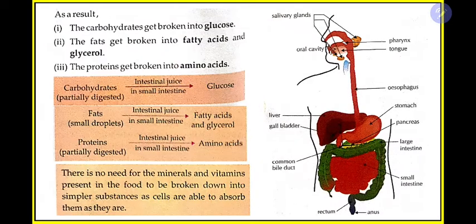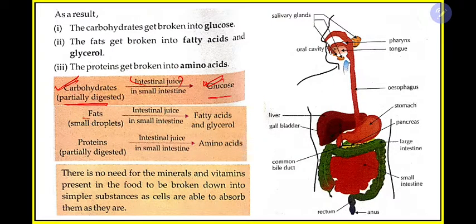Okay, how will it do this, we learn. First, it will break the carbohydrate into glucose with the help of intestinal juice. Carbohydrate is already partially digested by others also, like pancreatic juice. Starch also contains carbohydrates, so starch is also digested in the mouth by salivary amylase. So whatever complex thing is there, it will convert into glucose. It's a final touch-up it is giving.